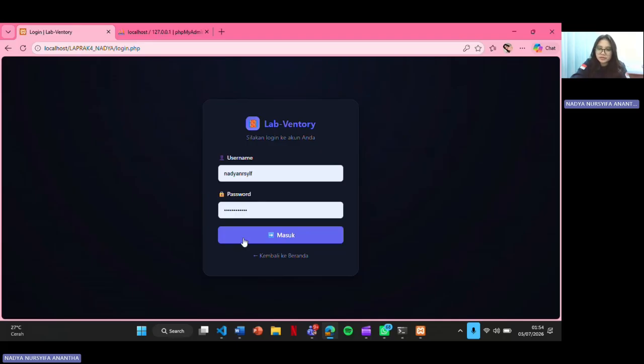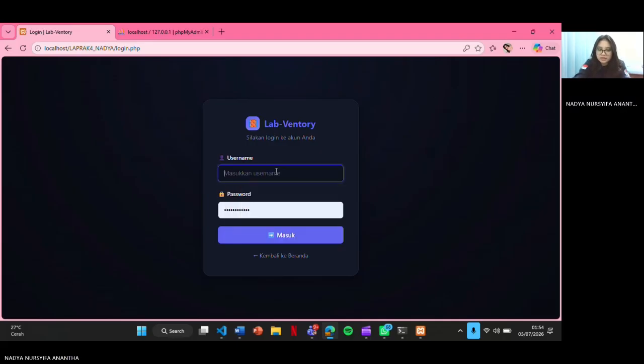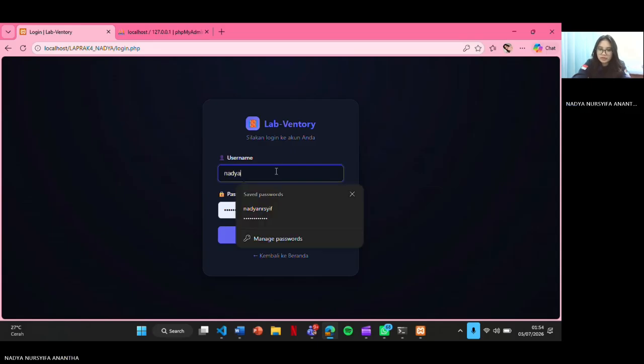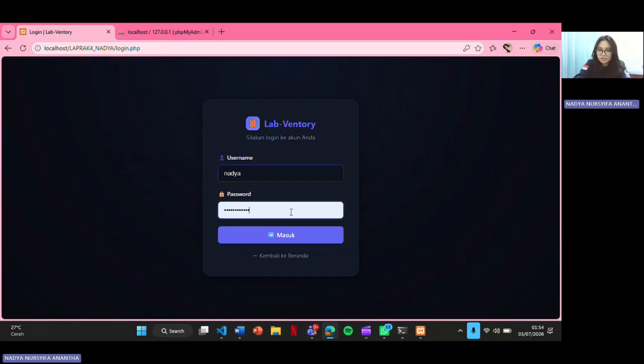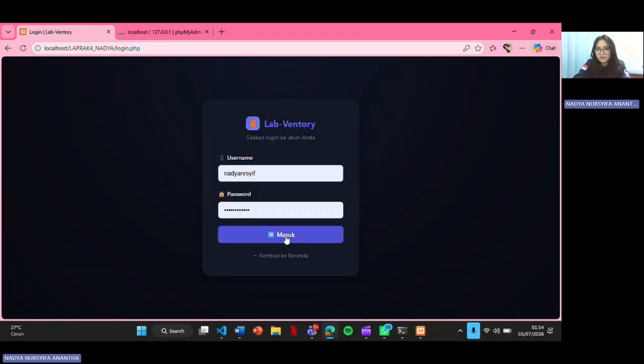And when we input the wrong password like this, there is a failed login message for the username or password.